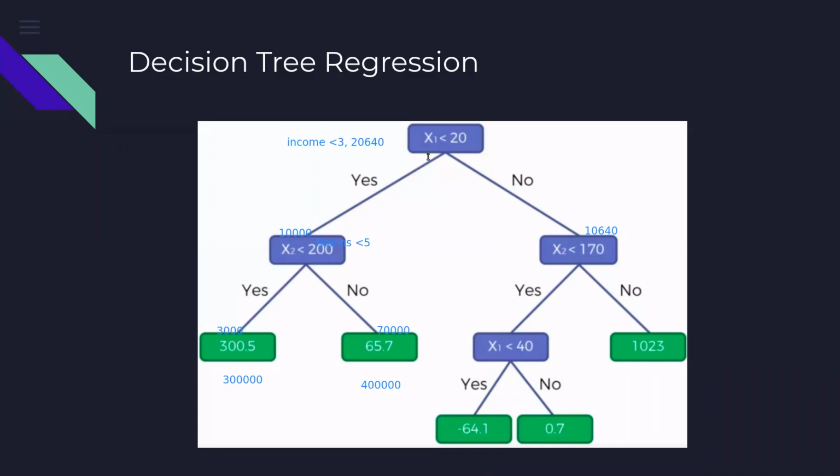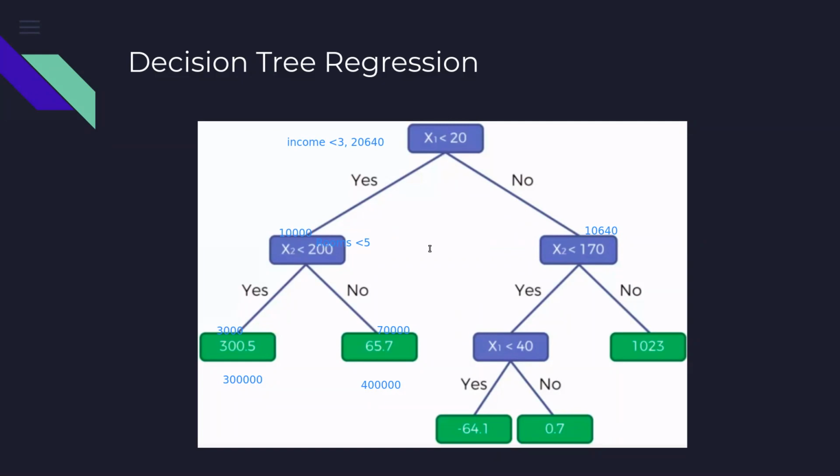So first criteria we applied on income, then we applied the room, then third one we could apply on bedrooms, the fourth one we could apply on location. Depending upon how many criteria you apply, the depth of the tree or the height of the tree. Since we are drawing here in the inverse fashion, we'll call it the depth of the tree rather than calling it the height of the tree. So depending upon how many decision criteria we apply, the depth of the tree will go on increasing.